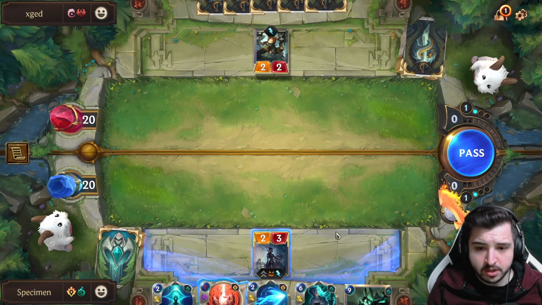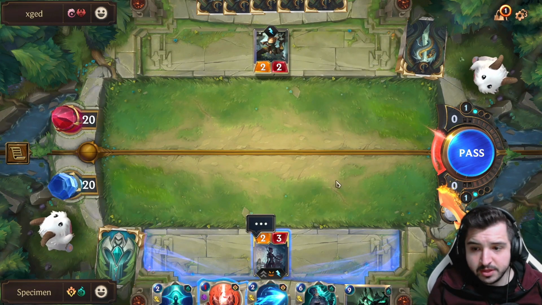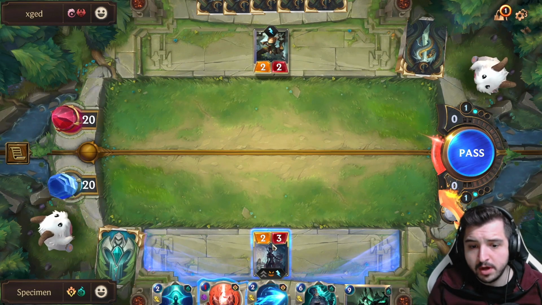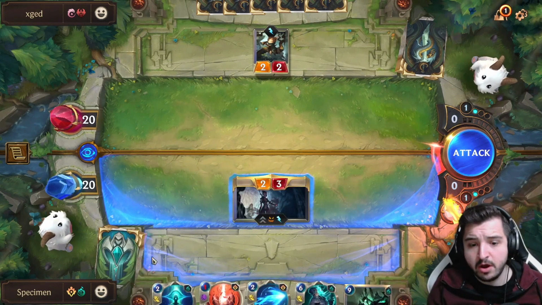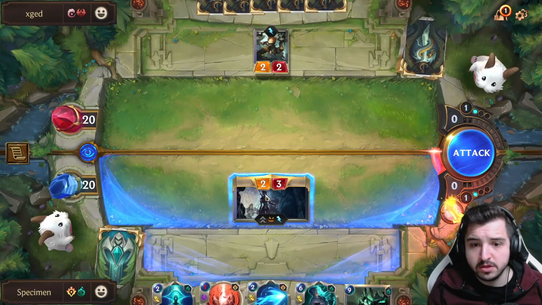I've got the sword. What I could do is I can pass, and then if my opponent plays a card, then I would still be able to attack. But if I pass, my opponent's likely not to be able to do anything. They're going to also pass. I'm going to attack. So I drag my card into the attacking area. Obviously, I don't have anything else I can play. I have like some spells, but this is...